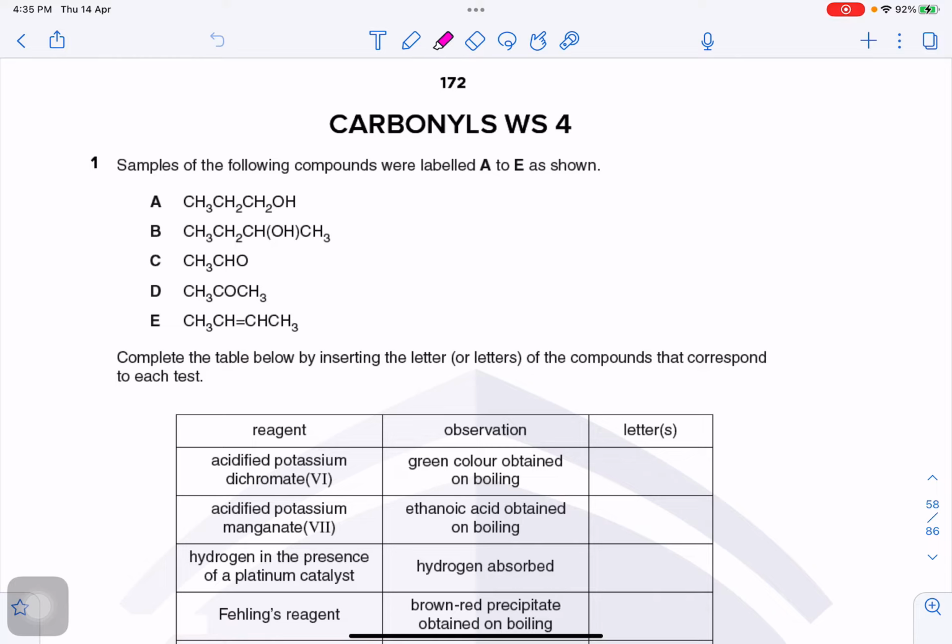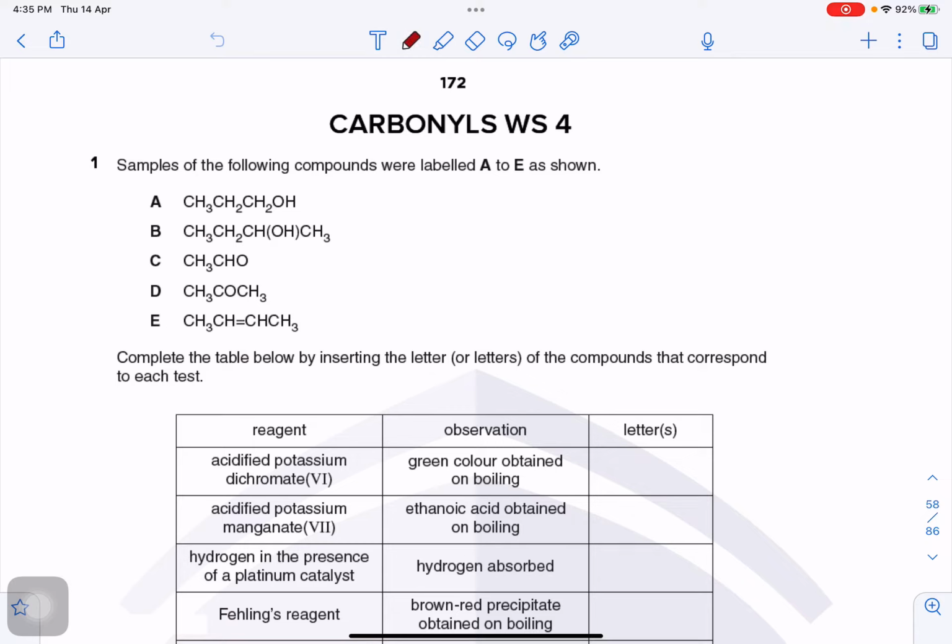Assalamu alaikum. So today is the last day for carbonyls, and that doesn't mean that we won't be reviewing these or coming back to these. Of course we will. We are going to start carboxylic acids after this, and that builds heavily on this one. But it's important to know the major concepts in this chapter, and how they relate to alkenes, carboxylic acids, halogenoalkanes, hydrocarbons, all of that. And then we also need to know how we can make use of these concepts that we have studied. So today, this is a very comprehensive worksheet, and I hope that we will be reviewing all the concepts that we have studied so far.